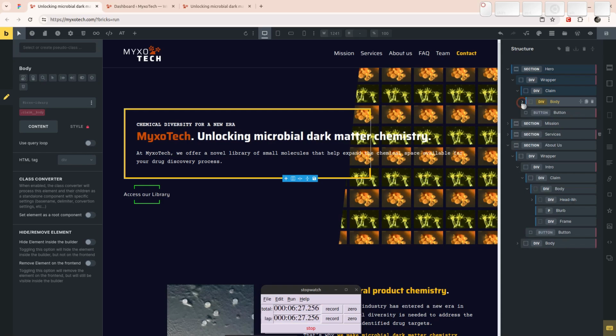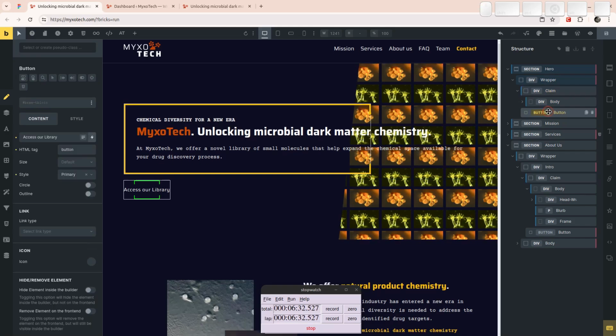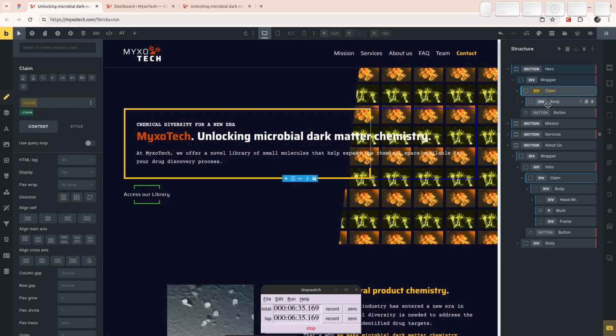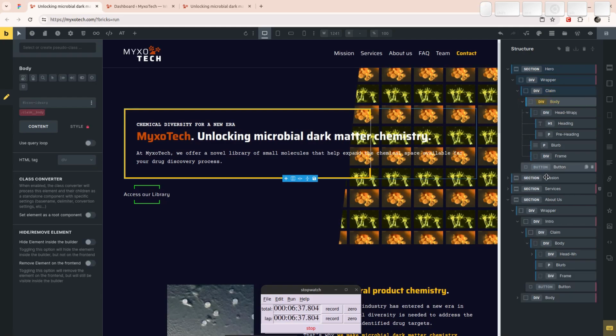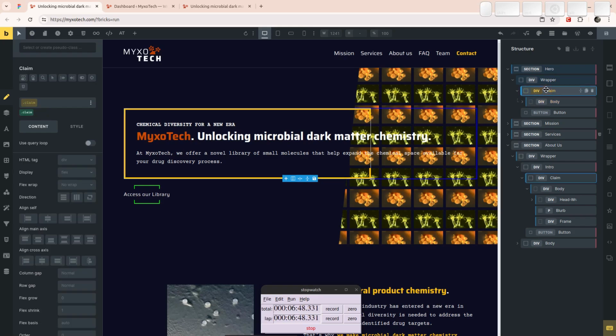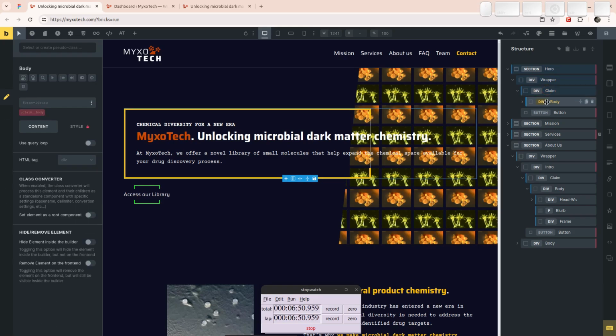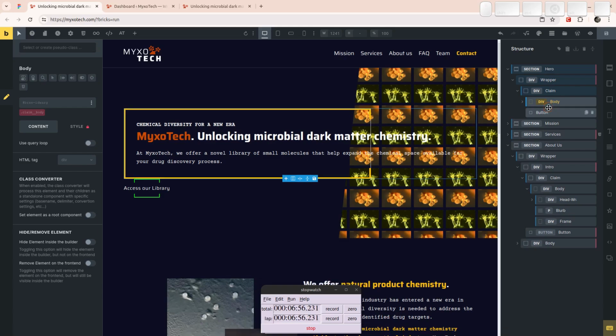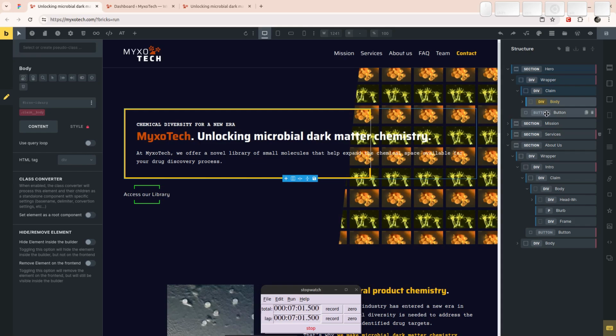wait, was it over? No. No, I did well. Maddie did well because the button is part of the claim. So we need the claim wrapper, but then we need the body. And then, yeah, so it's all good. Because the frame only is part of the body, right? And the frame shouldn't extend to this. So what I was thinking is if we just get rid of the claim as a wrapper and just use the body for everything, then it's not going to work anymore with the frame, right? Because if I put the button in here, it just doesn't work. So let's go back